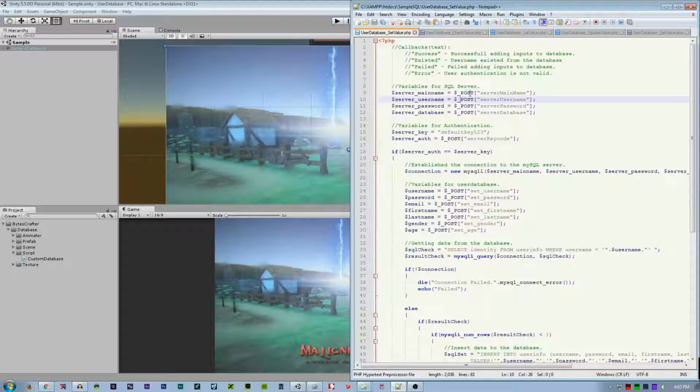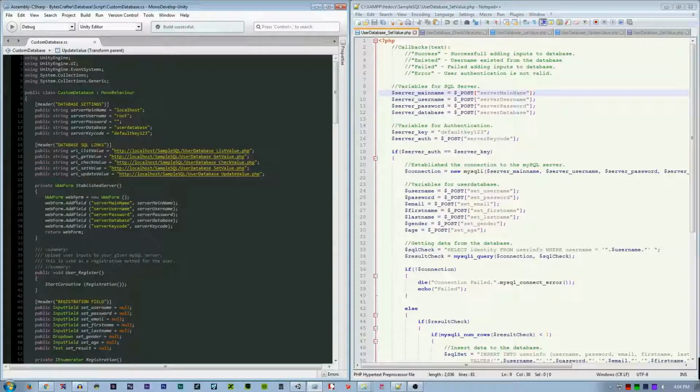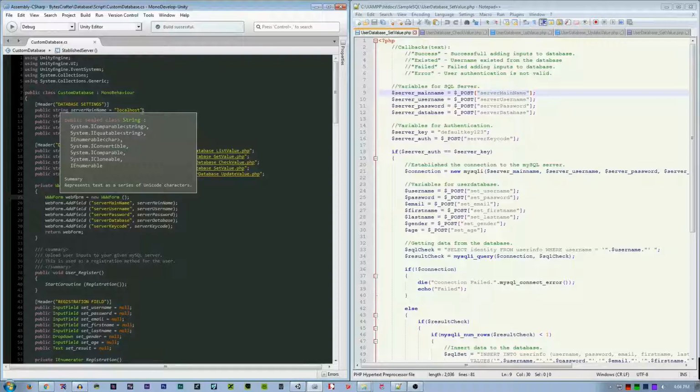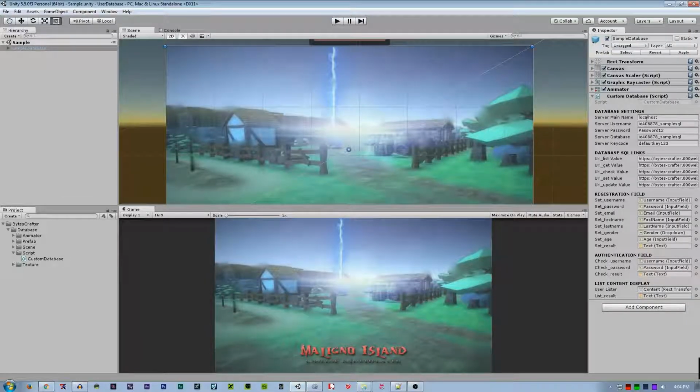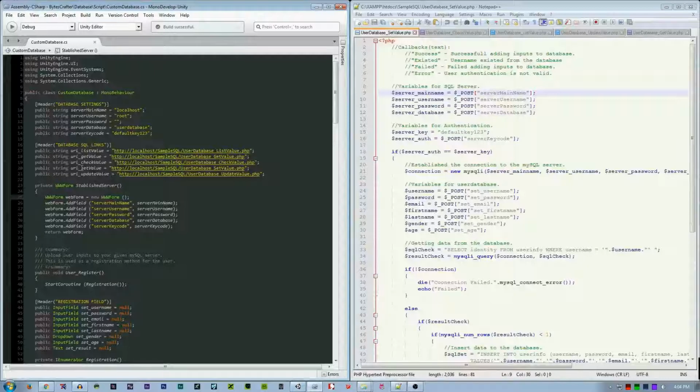The $_POST means that in making a WWW form, you could add fields. You declare the server name here. In Unity, you can manually edit it in the inspector: the server name, username, password, database, and keycode.